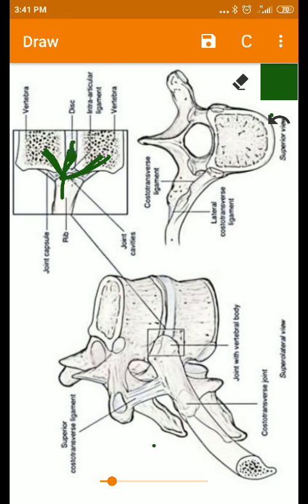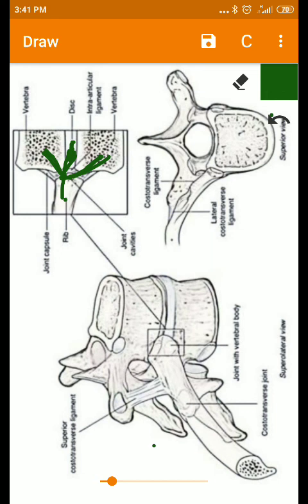So the triradiate ligament gives support or reinforcement to the joint on the anterolateral aspect, whereas on the posterior side the capsule gives support to this joint. That posterior capsule is fused with the posterior longitudinal ligament, which gives support on the posterior aspect of this